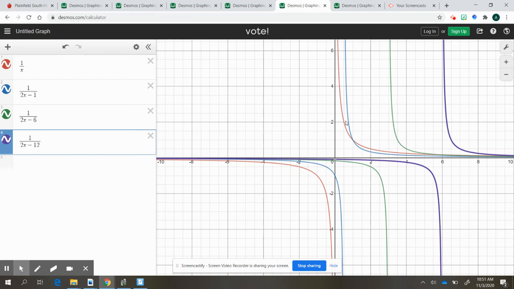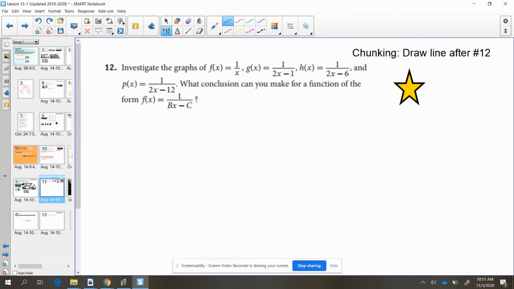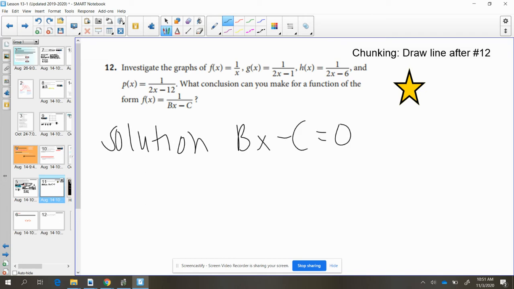So again, we're showing that shift on the graph from using that denominator, and that again is also going to relate back to our vertical asymptote. So you may want to write that one down because that one's a little bit trickier, but what we're seeing here for 12 is that the solution to bx minus c equals 0 is your vertical asymptote,